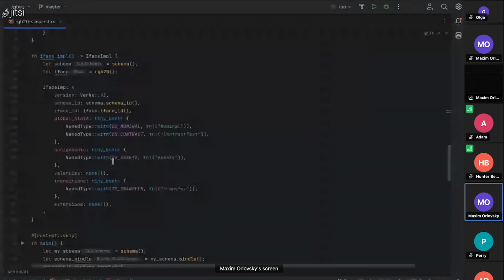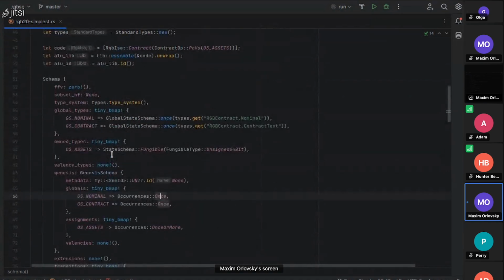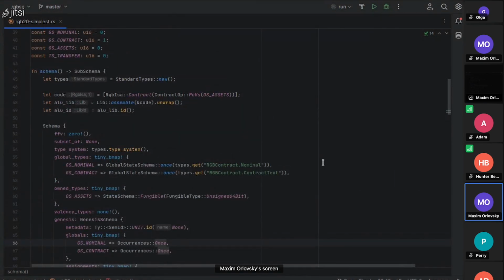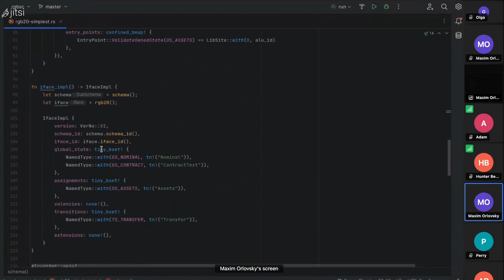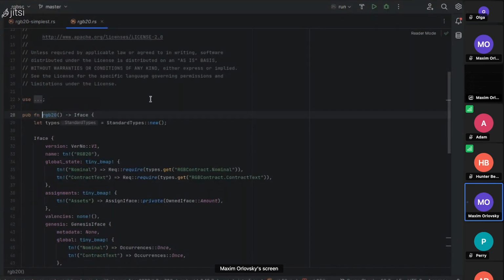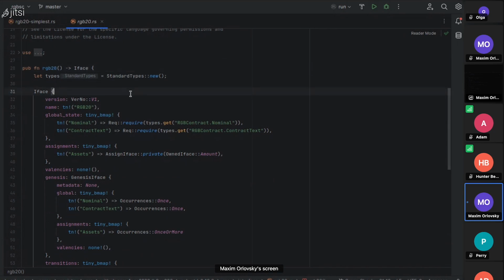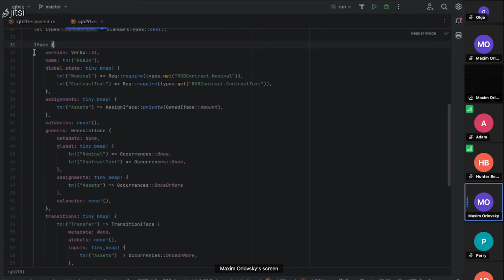So moving to the interface part. You have the interface RGB20, which covers all fungible assets, as a part of the RGB standard library. So you're actually not required to write it ever. It is shipped with the standard library. But if you'd like to modify it or create your own interfaces in the future, you may look into this function called RGB20. And you do that by just declaring the data structure called interface, iFace for the shortened version,